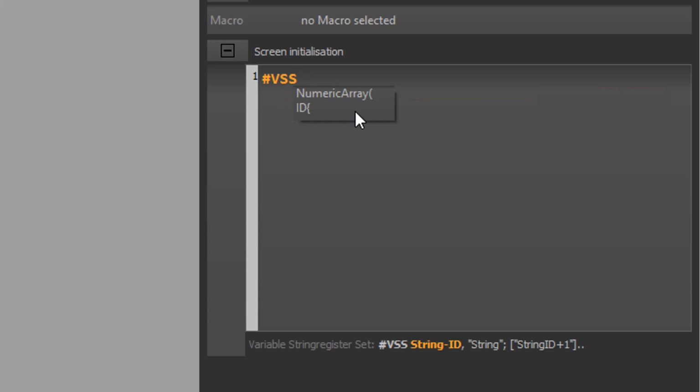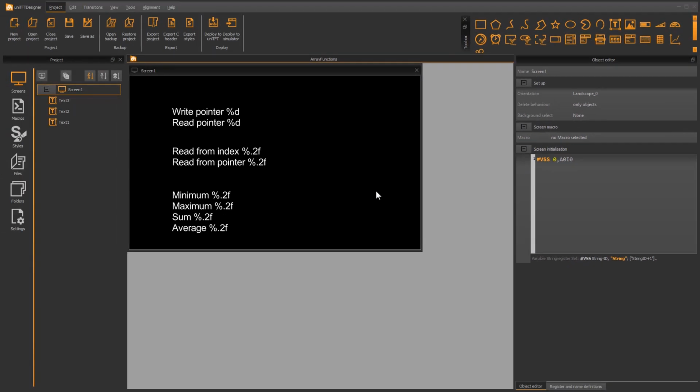We want to write our result into the register 0. We get access to the string array with the key A, with the correct ID, in our case 0. Finally, we need the index. This is specified with the key E and the respective index. We want to write the first entry into the string register. Therefore, we use the index 0.